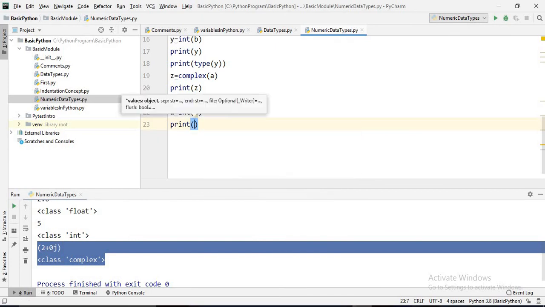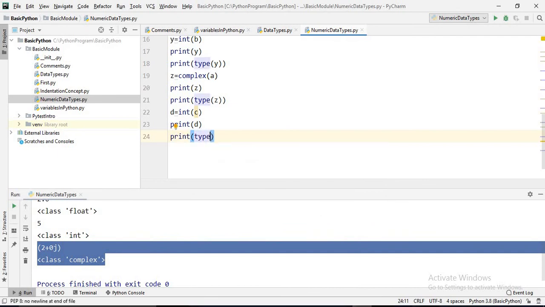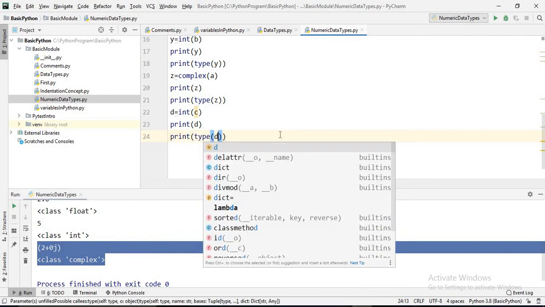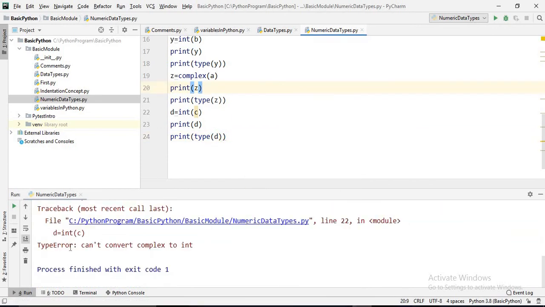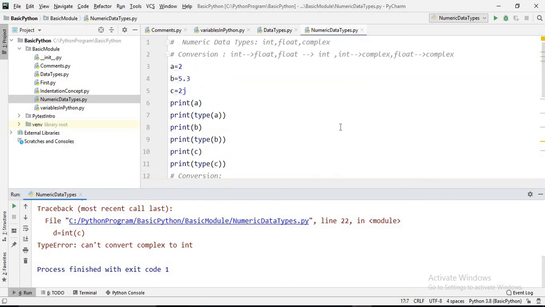Print d and the type of d. See what happens. It will throw an error, because we cannot convert complex to int, or complex to float. But we can convert integer to float, float to integer, integer to complex, float to complex, while a complex number we cannot convert to any type.